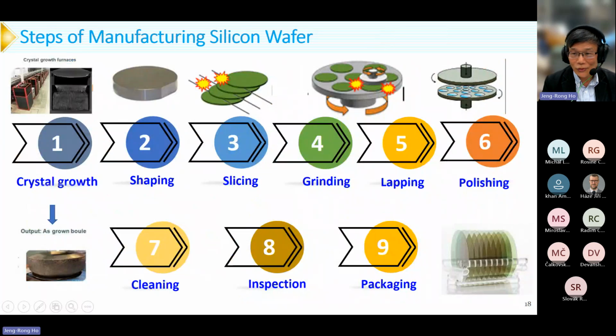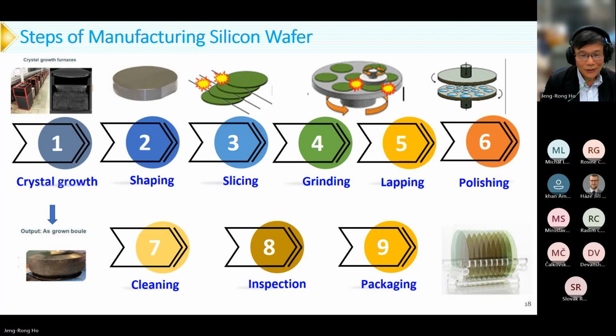This is the steps showing manufacturing of silicon wafer. The first is crystal growth. After crystal growth, the output will be like an ingot. Then the second step, we need to shape the ingot to cylinder shape. But like I just mentioned, the thickness is usually several centimeters. It's very difficult to grow thicker silicon wafer ingot. And then is slicing